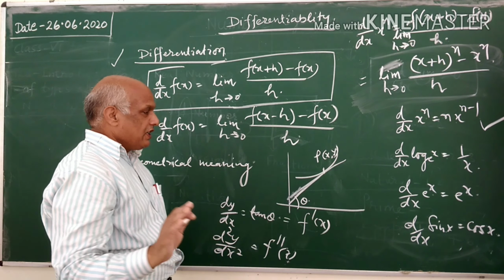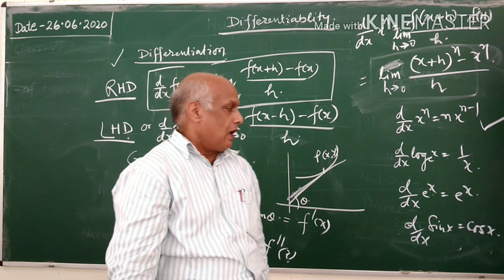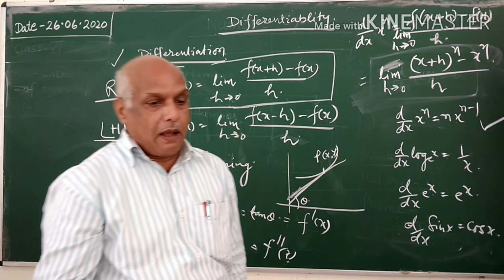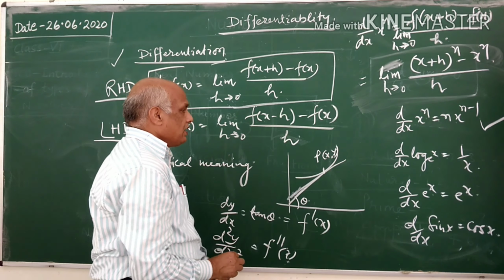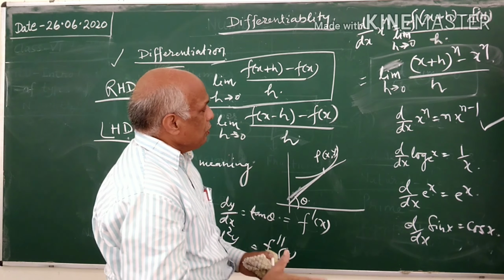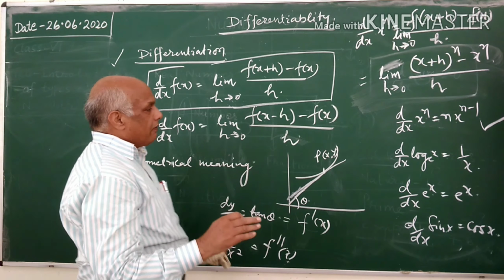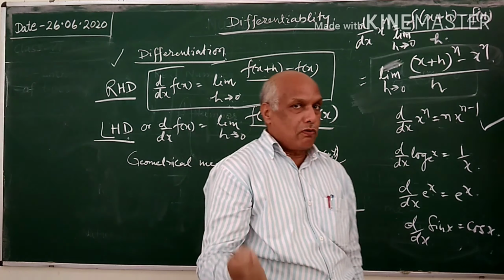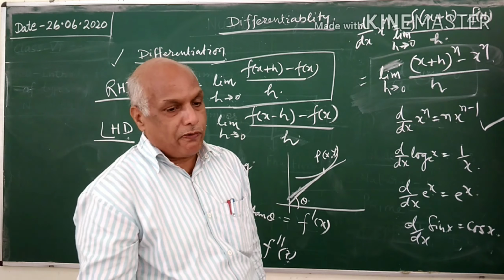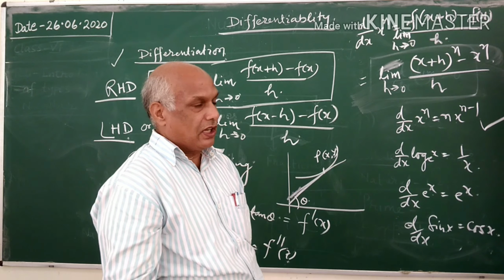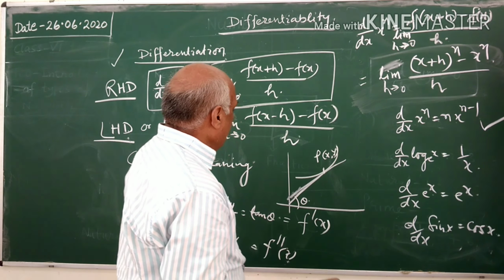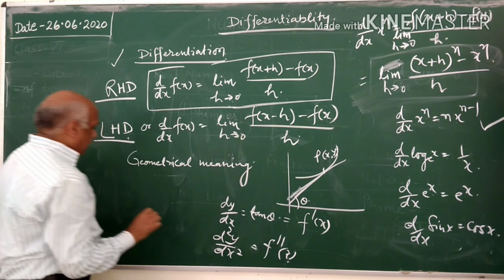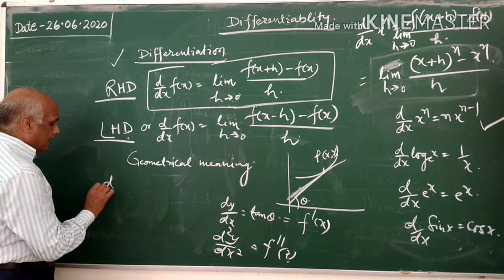So differentiation is an important part of our practical aspects. Differentiation can be used to find the rate of change in a quantity. It can also be used to find the slope of a function. So use this formula and you can try to find out the differentiation of a function.